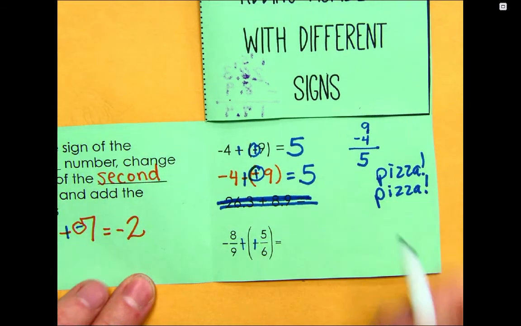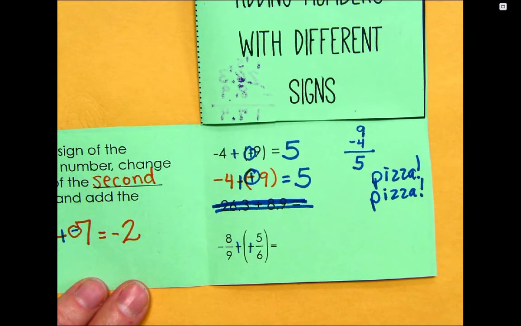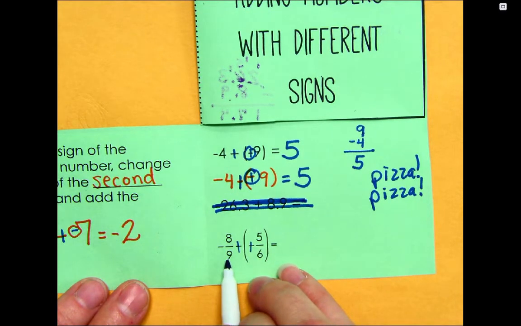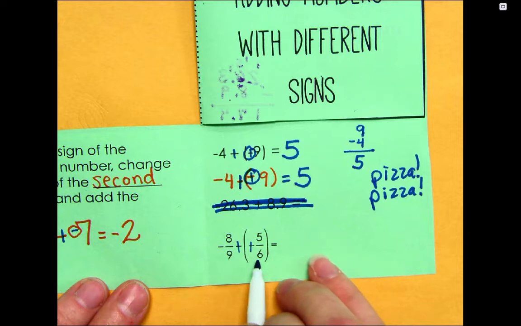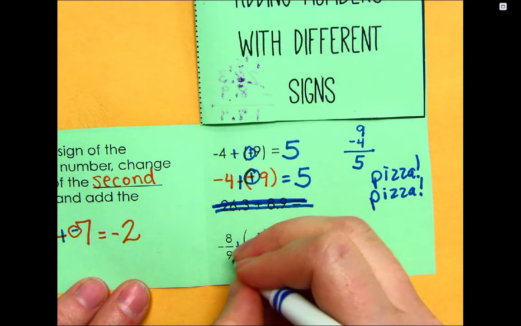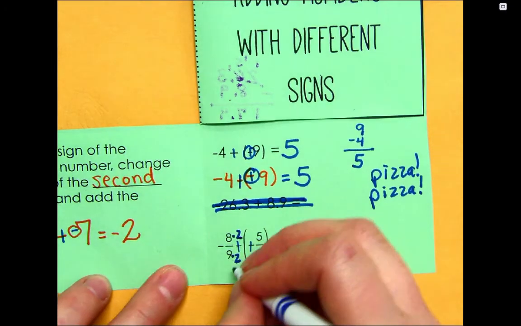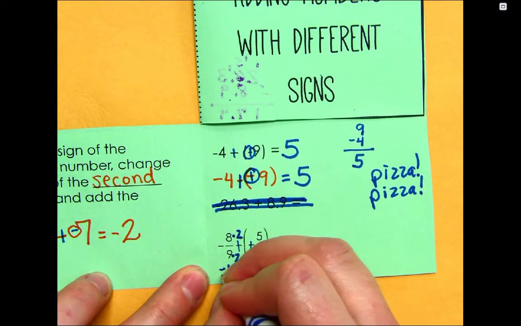I need a common denominator. So I'm going to look at 9 and 6 and see what can they both be multiplied to get. Well, 9 and 9 make 18. 6, 12, 18. So it looks like 18 can be my common denominator. So I'm going to multiply by 2 on the 9. And whenever I get that, I get negative 16/18